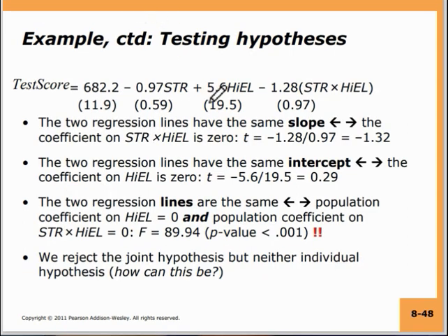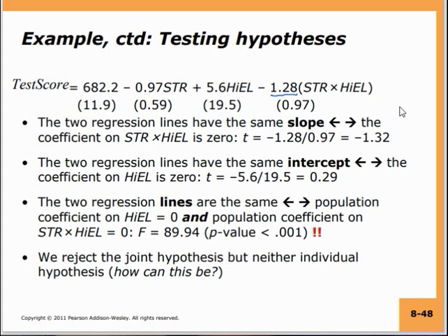Now if you look at the t ratios, or you test whether these beta coefficients are statistically significant, you will find that the t statistics of both are quite small. Here the t statistic is minus 1.32, which is less than 1.96 in magnitude. So the magnitude of this is less than 1.96, and the magnitude of this is also less than 1.96. So it is not significant at the